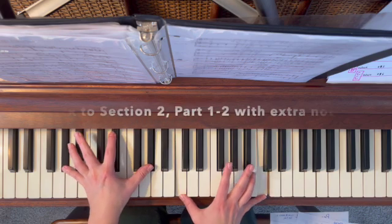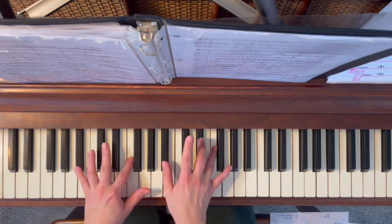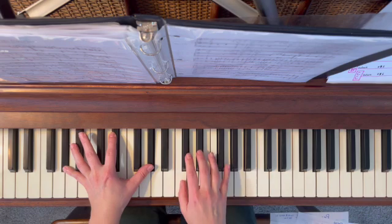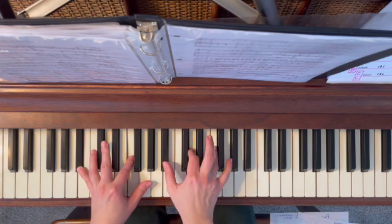Back into hope. Hope, extra keys. When hope is gone, extra keys. He gives us strength, extra keys. When we can't go on, extra keys. He